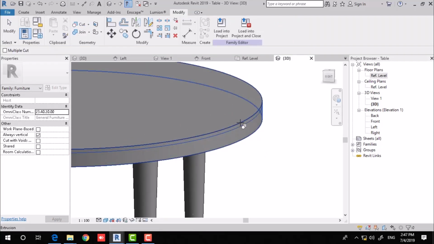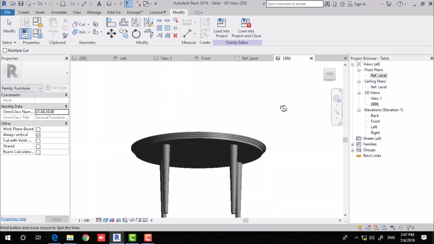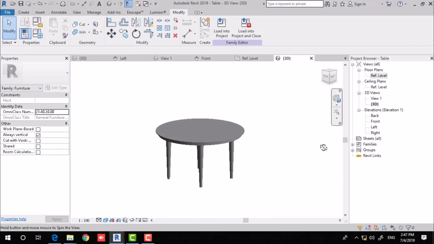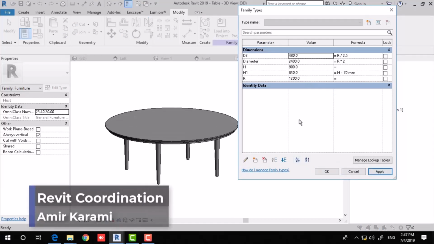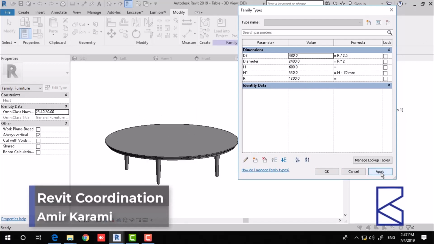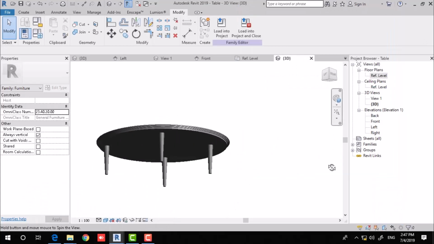Well done, let's check it out. The sketched part around the table is cut, as you can see, or voided. Let's test the parameters. First of all, radius, I define 1200, apply, and then for the height, 600, apply. Very well. Okay,